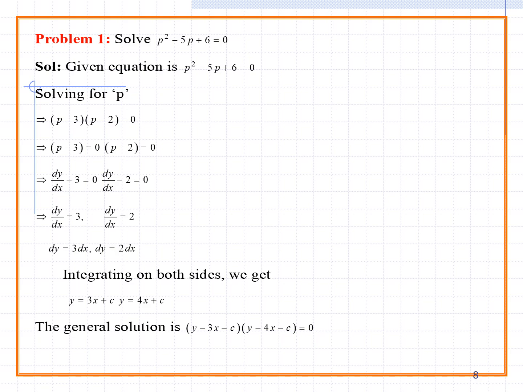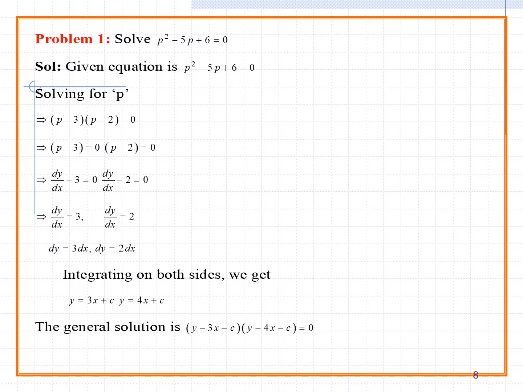Now we can separate the two equations: p minus 3 equal to 0 and p minus 2 equal to 0. We already know that p means dy by dx. So dy by dx minus 3 equal to 0, and the other equation is dy by dx minus 2 equal to 0. The first equation gives dy by dx equal to 3, shifting to the right side, and the second gives dy by dx equal to 2. Now apply variable separable: dy equal to 3 dx and dy equal to 2 dx. Integrating on both sides, we get